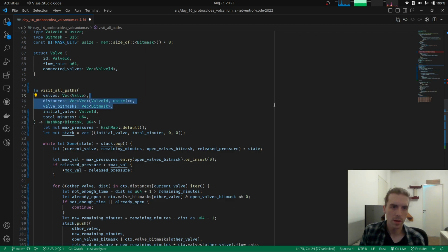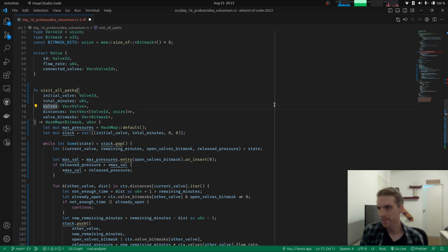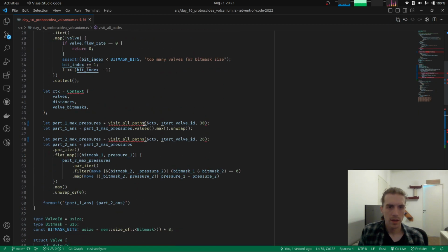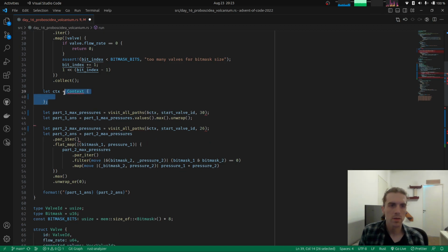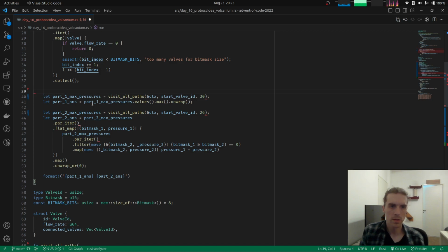And maybe actually I want to pass them as the last parameters, so that these two things, the valve ID and the total minutes, are the actual interesting parameters to this function, and the rest is kind of like constant things that we need to compute the max pressures. So, well, we are not going to pass these vectors by value, so these need to be references. Okay. And now, instead of building this context like this, let's yank these values from here, remove that context variable,